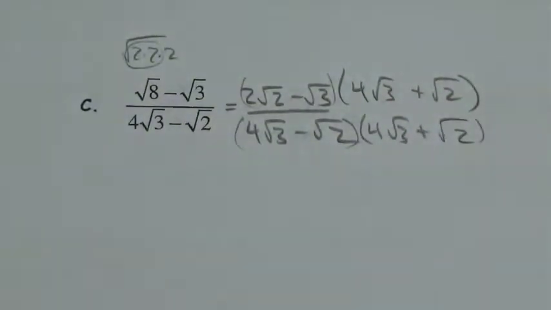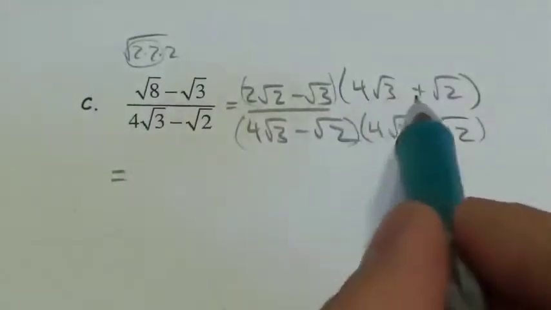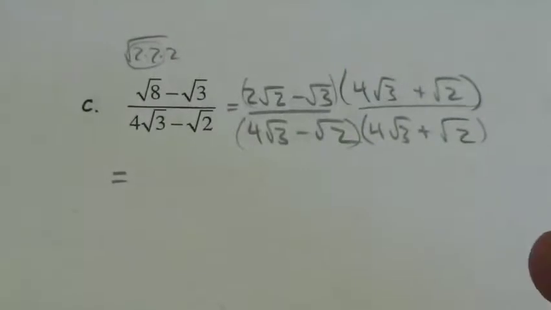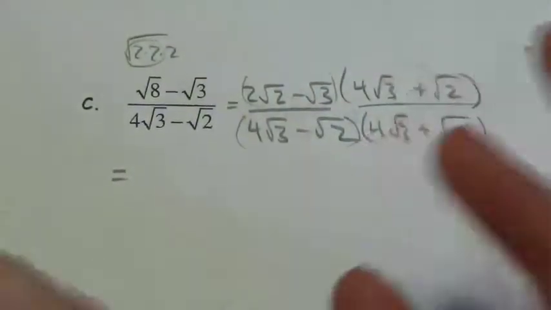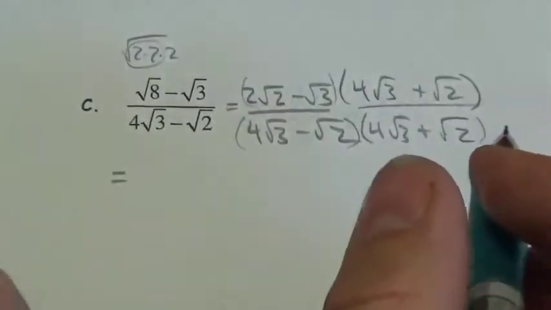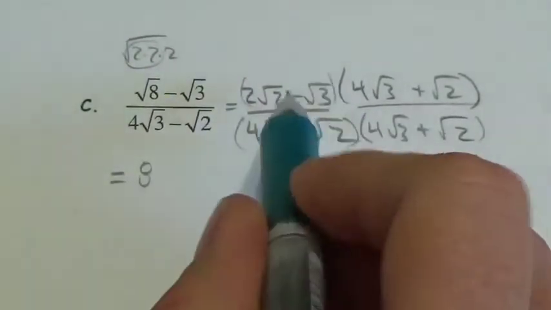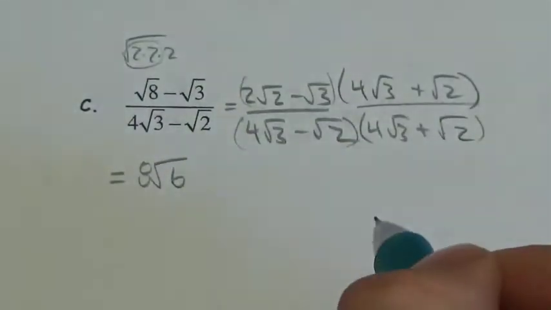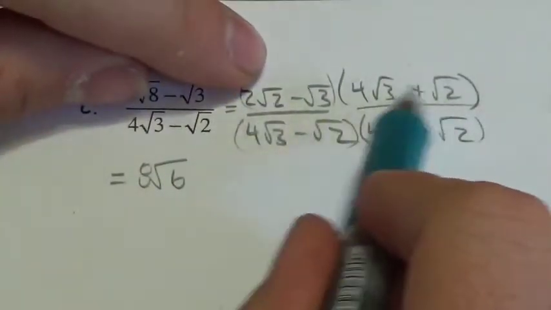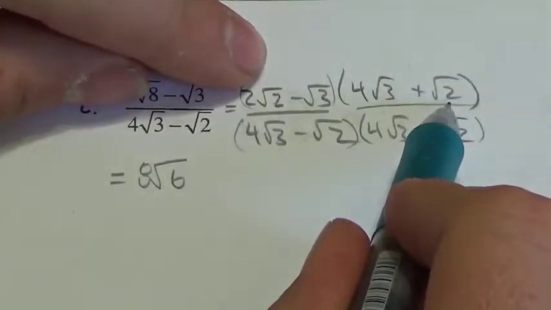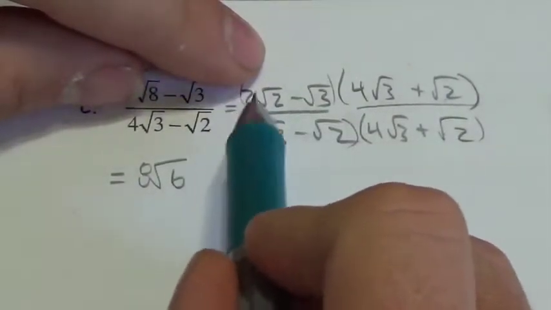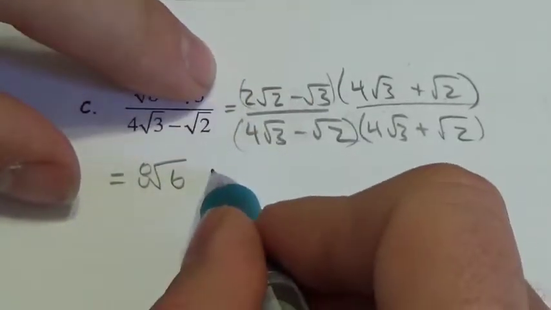This question is going to require a little bit of effort because I've got 2 binomials multiplied together. In the denominator, they're conjugates, so it's going to simplify a little bit. I'm going to get 2 root 2 times 4 root 3. So 2 times 4 will be 8. Root 2 times root 3 is root 6. 2 root 2 will then multiply by root 2. I'm going to end up multiplying a root 2 by a root 2. Those are going to cancel to give me a 2. And then there was this other 2 that I got. So this is going to end up being positive 2